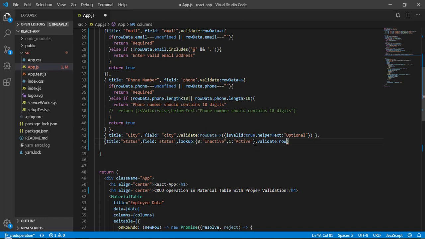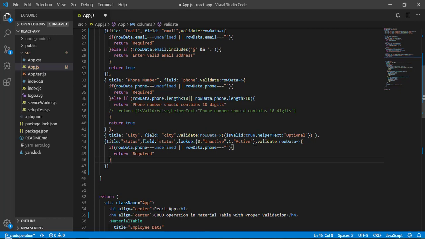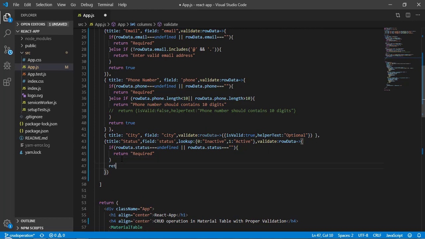This is going to give me row data. Here I can check if status is equal to undefined or status is null, then you have to show required. Now save it, and otherwise return true here.